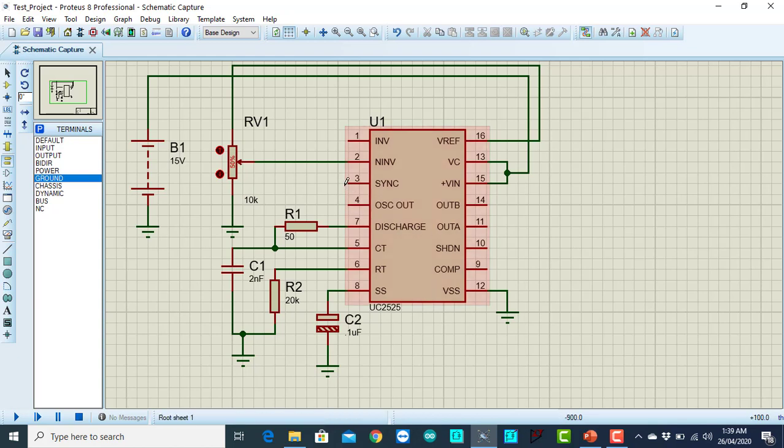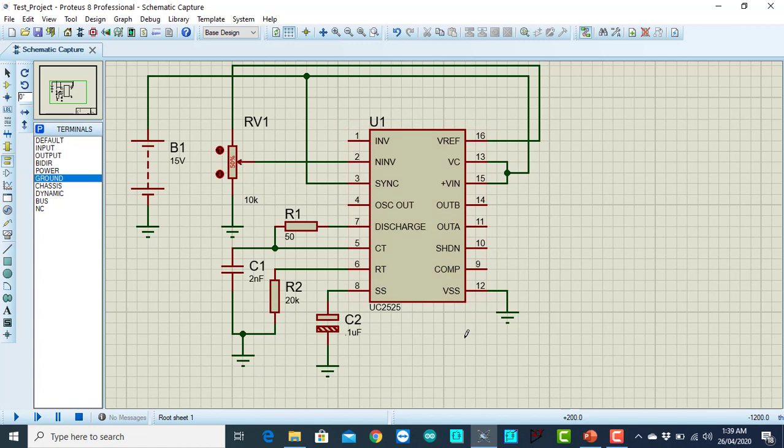And then I need to connect this pin with the VCC directly if I'm not using these two pins for creating slabs to this IC. So I'm just directly connecting this pin with the VCC.